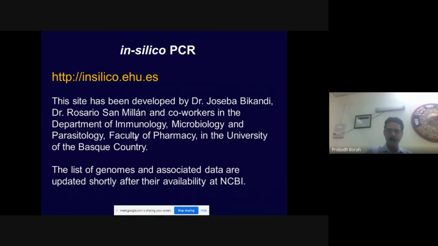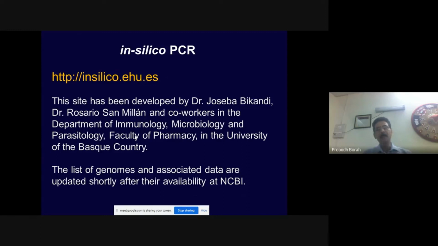Now come to in silico PCR. After designing a primer, we will first go for a BLAST, which I already discussed, to know its specificity and sensitivity. And after that, we will test the primer for its properties by using certain primer property calculators that we will discuss during practicals. We shall have to calculate the properties of the primers, whether they contain the ideal properties or not. And then thereafter, nowadays we normally go for further testing of the primers by a process called in silico PCR.